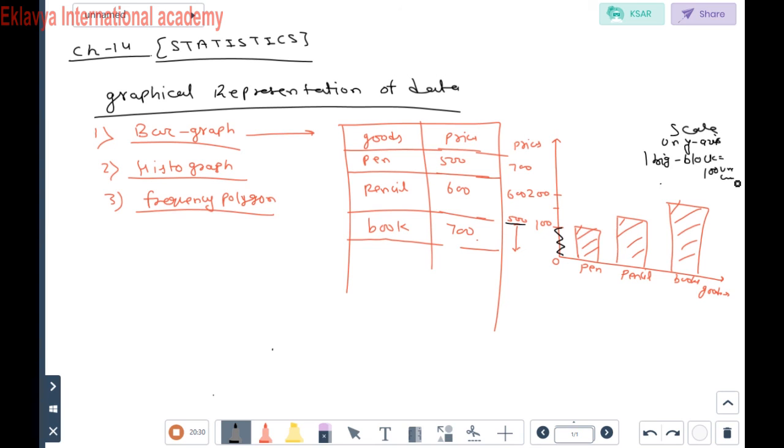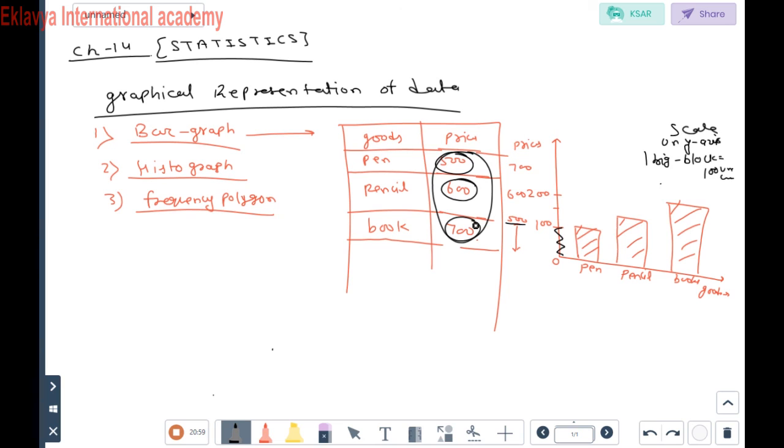Because students are having problem in that type of situation. 500, 600, 700. Sir, in that the scale is very large. Then how we will take on graph? So आप वहीं से start कर दो ना जहां से इसकी starting value है, और downward क्या कर दो? zigzag. अब zigzag का meaning क्या है? Its initial value starts from 500, not from 0. 0 से start नहीं है. कहां से start है? Value 500 से start.